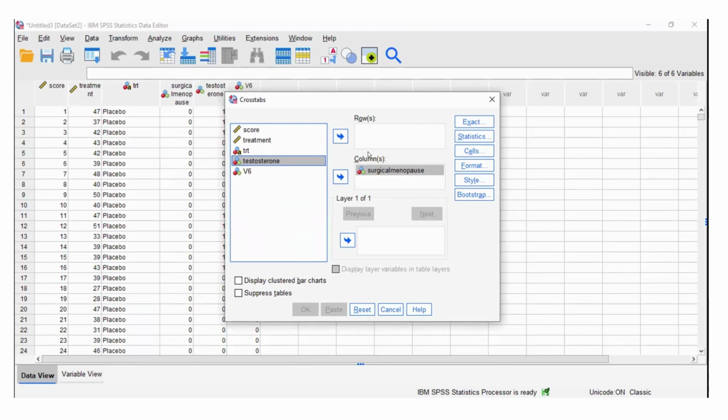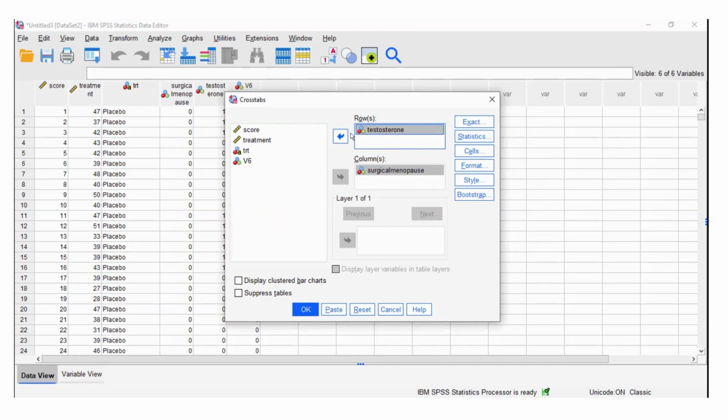So they now want us to compare those of surgical menopause. Surgical menopause is an outcome, isn't it? Yes, because the randomization was based on receiving testosterone or placebo. So your exposure variable is testosterone and your outcome variable is surgical menopause.